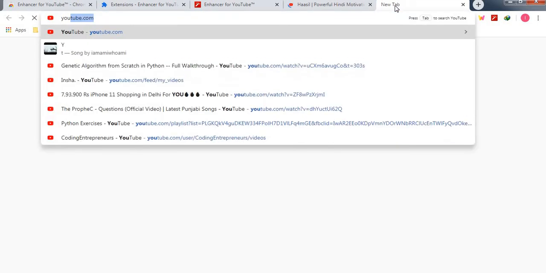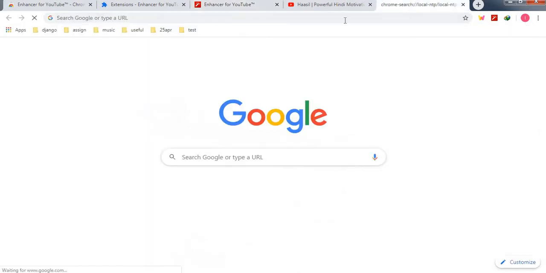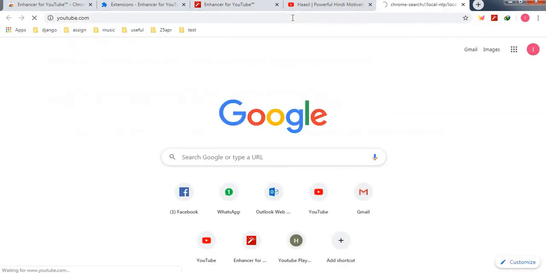If I open one more YouTube video, since I have set it over here, if I select 1.8, any video in my YouTube will directly open at a speed of 1.8 only.